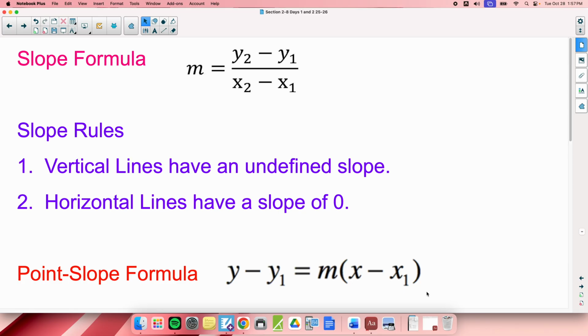So, yesterday we talked about the slope formula and we,